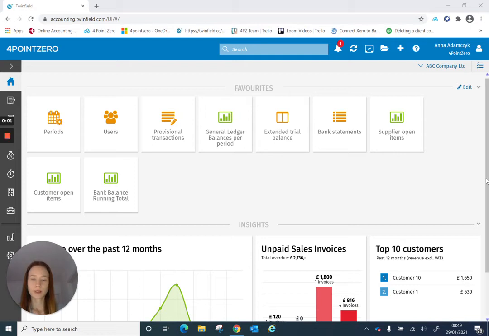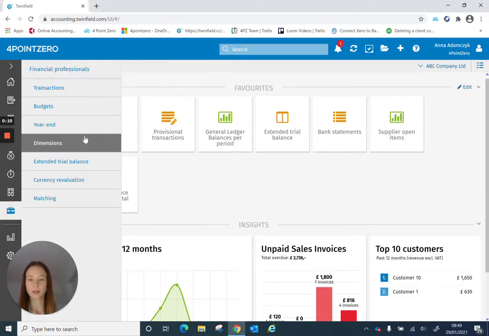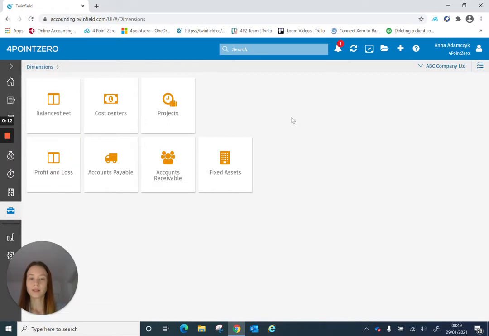Today we're going to see how to set up new dimensions in Twinfield as well as their settings. So let's get into the financial professionals dimensions. There are 7 types of dimensions in Twinfield: balance sheet, profit and loss, accounts payable, accounts receivable, cost centers, projects,